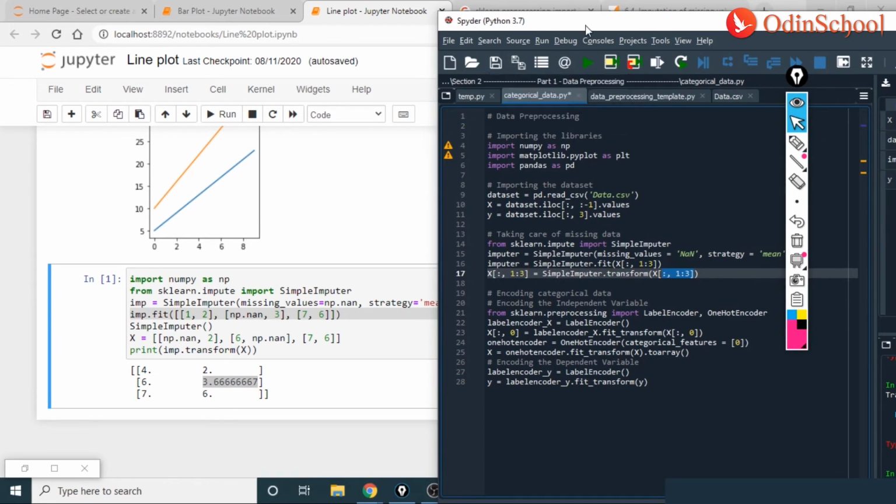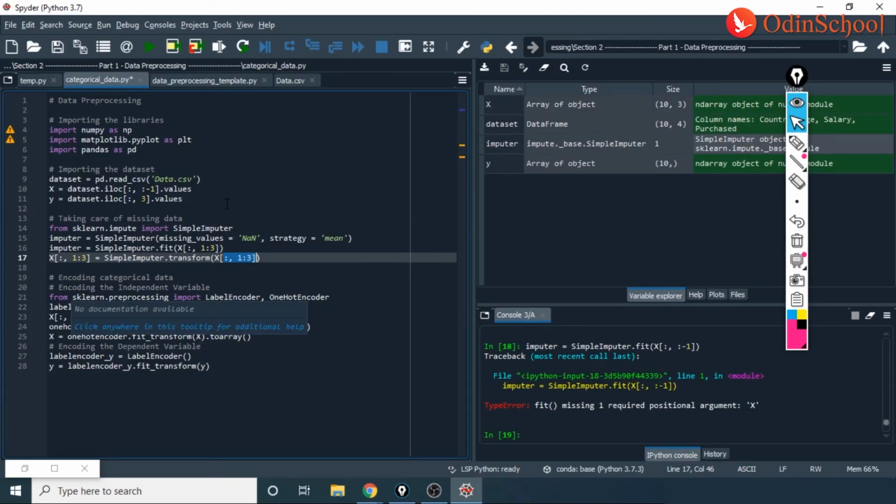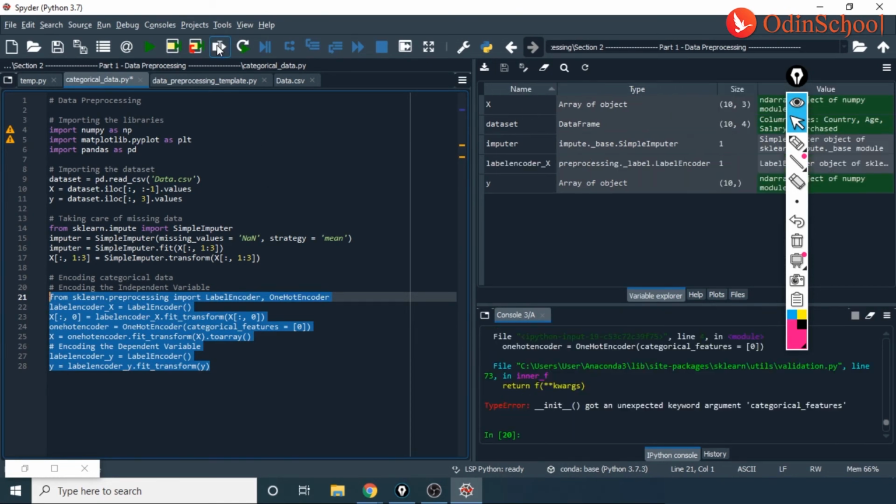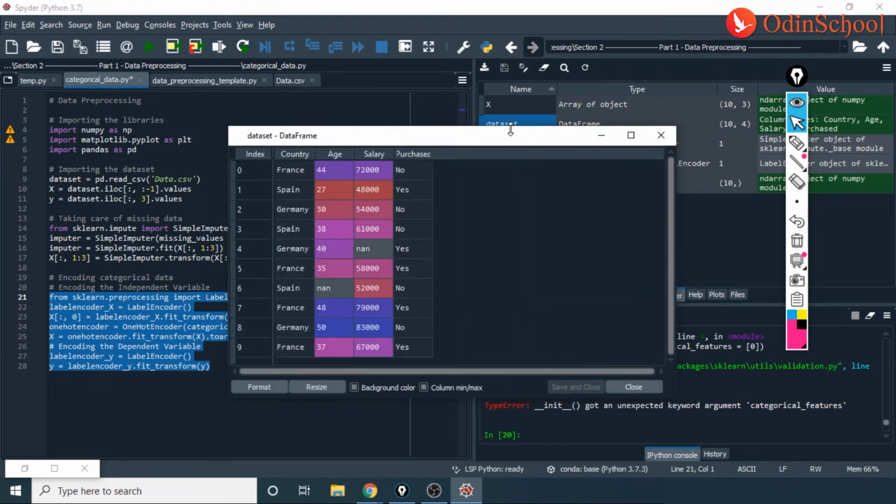Now guys, just like how we were trying to work on missing values, we also have categorical values which need conversion. And when we are working on categorical values, we have something called label encoder and one hot encoder. Both of these are libraries from sklearn, and these libraries help us in changing your values from yes, no into 1 and 0.